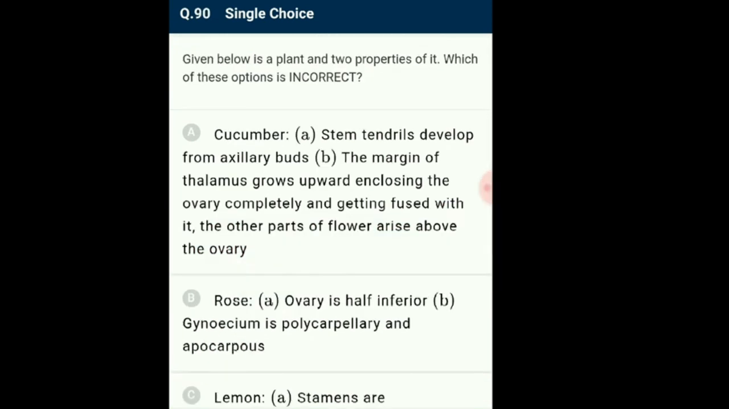And come to the last question. Question number 90. Given below is a plant and two properties of it. Which of these options is incorrect? Castor is a dicot plant with two cotyledons and endosperm retained in its seed. Cucumber has stem tendril that develops from axillary buds and is slender and spirally coiled, helping it climb. It has an epigynous flower with an